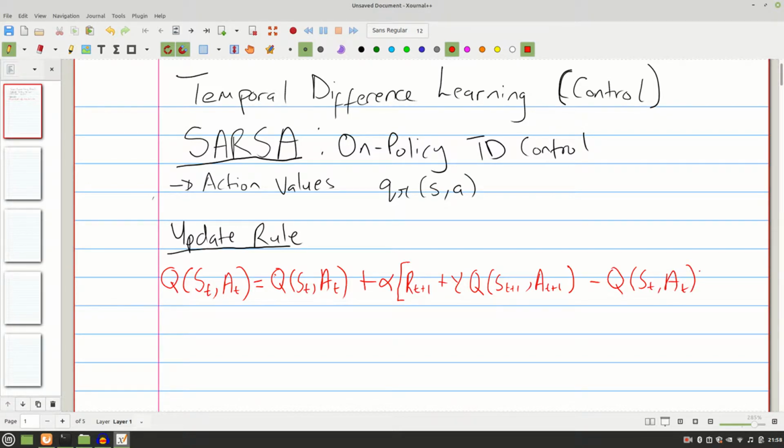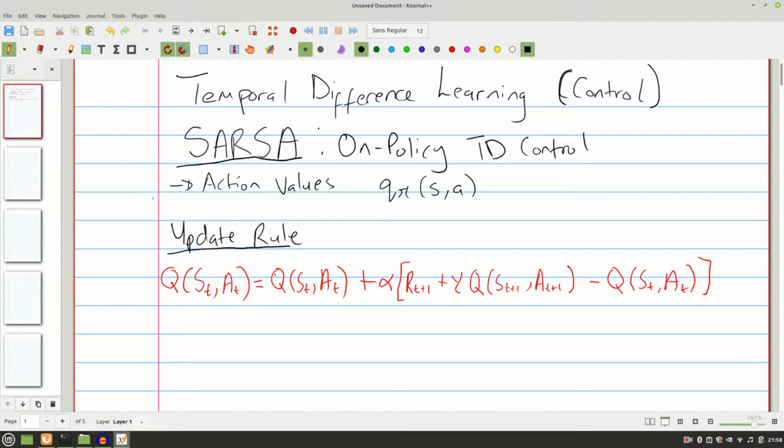If you looked into the previous lecture, you'll see that this looks very similar to the update rule we had for the prediction problem, except that instead of Q of S_t, A_t, we just had V of S_t. We were estimating the value functions for the states, but now we're extending it to the state-action pairs. So this is pretty much the same thing we're doing, and all of the assumptions we made before still apply here.